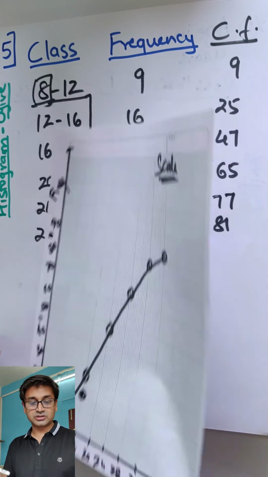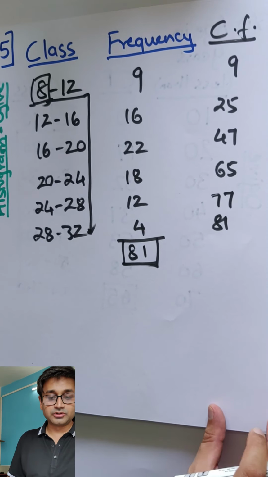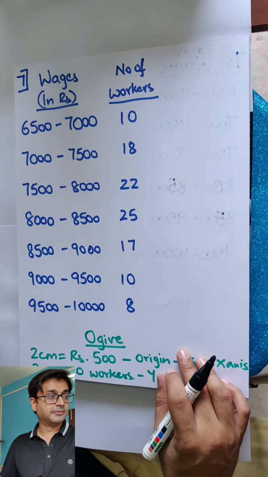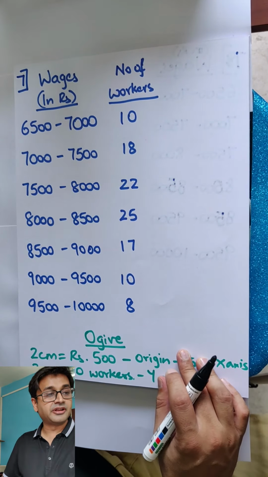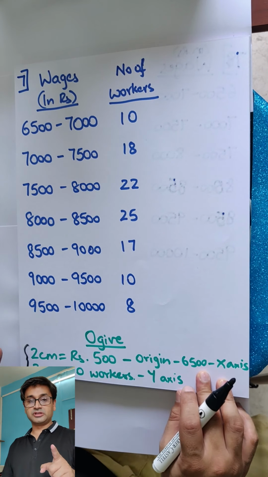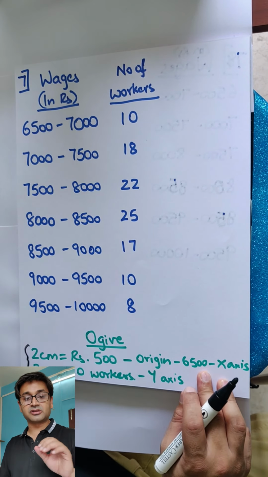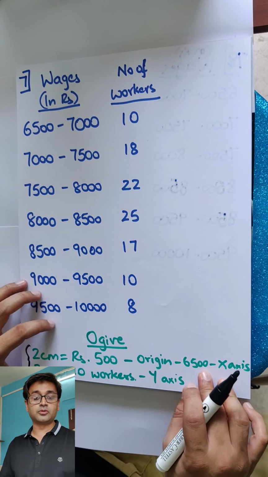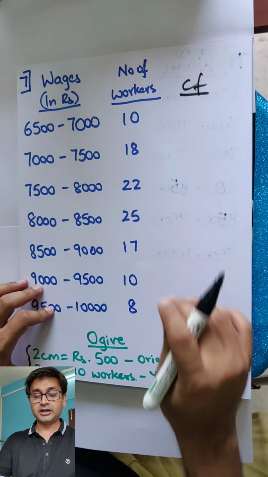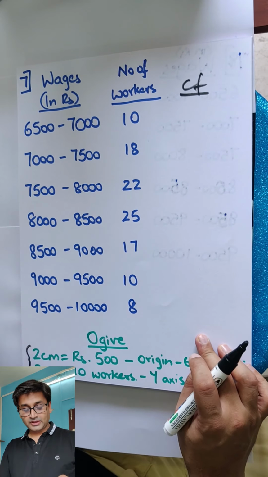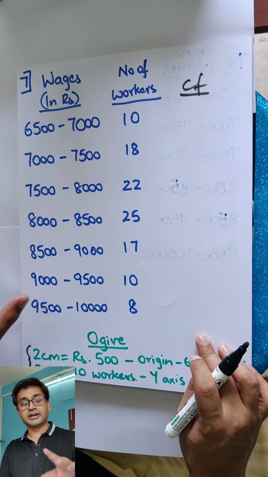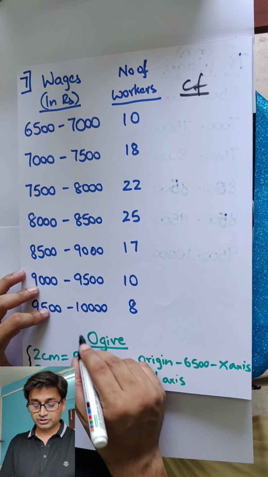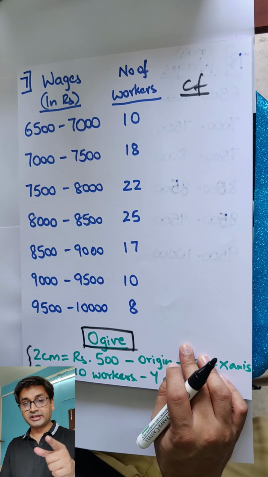Let's go with the next question. Everybody flip on to sum number 7. 7 is a very good question from the exam point of view, so I want everyone to focus. They have given you the scale now. If they have given you a scale and you take a different scale, straight away 0. So please look at the scale carefully and only then begin. First get the CF, then look at the scale, plot and get your graph. Come on, get your ogive. Ogive is what we are trying to draw.